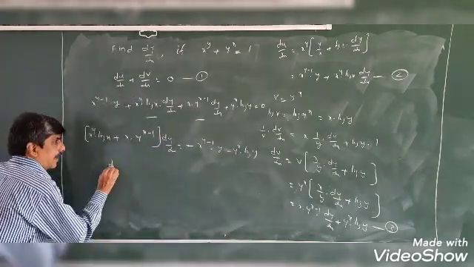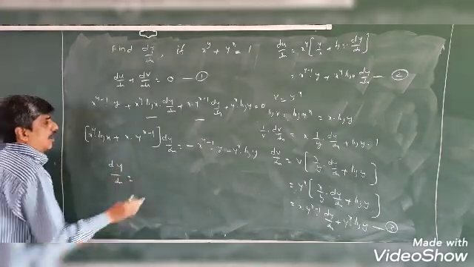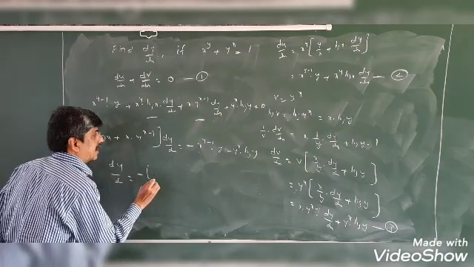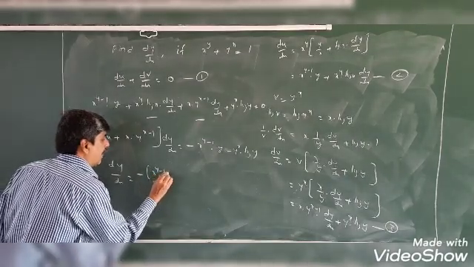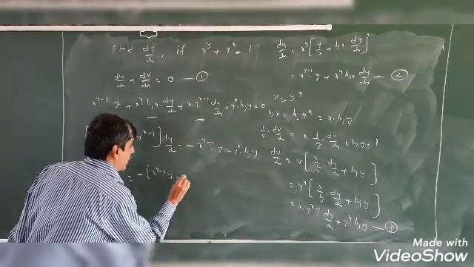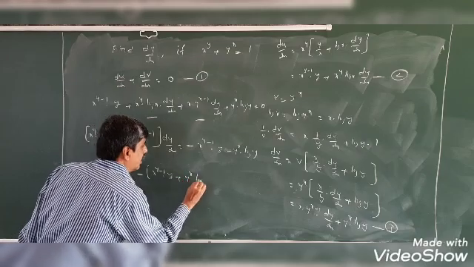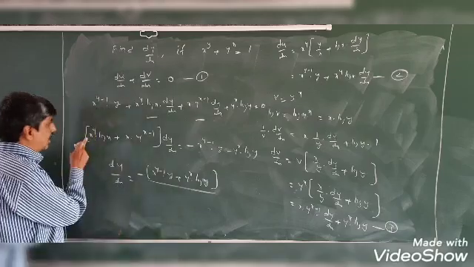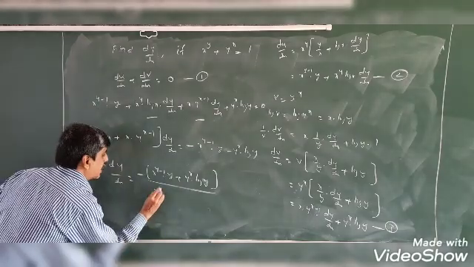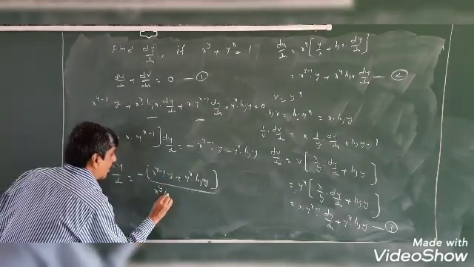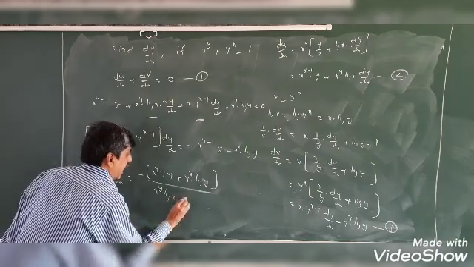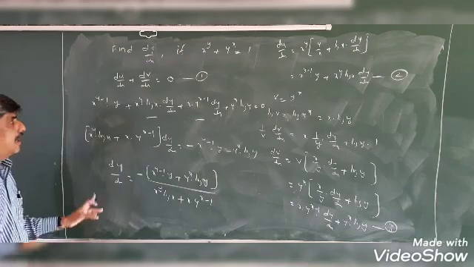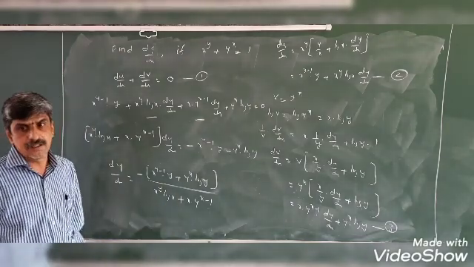To find dy by dx, here common out minus from these two terms. So minus of x power y minus 1 into y plus y power x into log y, and this into value comes to this side. So x power y into log x plus x into y power x minus 1. This is the value of dy by dx.